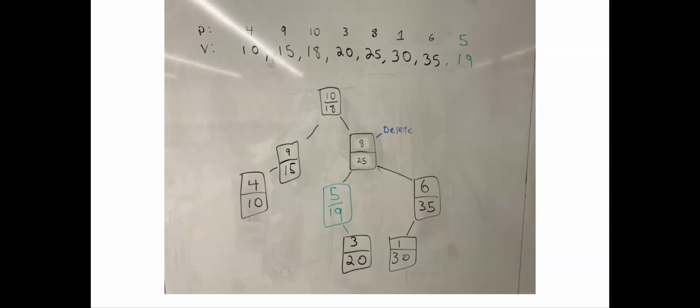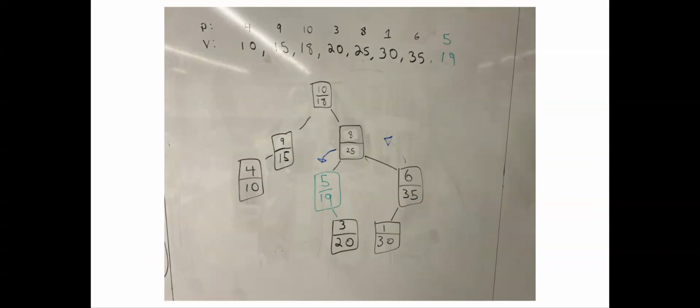So let's do an example for this. We have the same tree. We want to delete the node with the value 8 and the node with the value 25 and the priority of 8. So let's look at its children. Its children have priorities of 5 and 6. The right child has the higher priority, so we're going to rotate to the left,